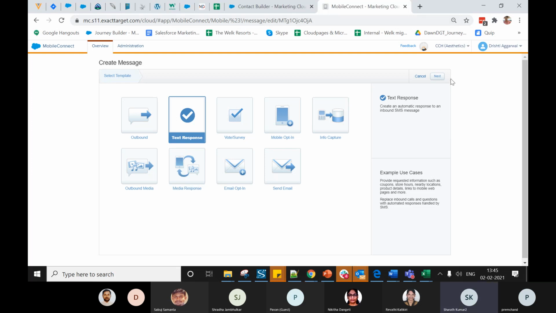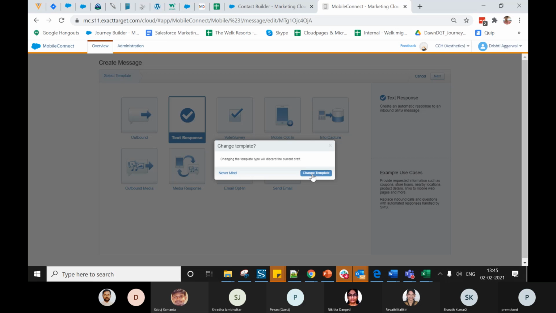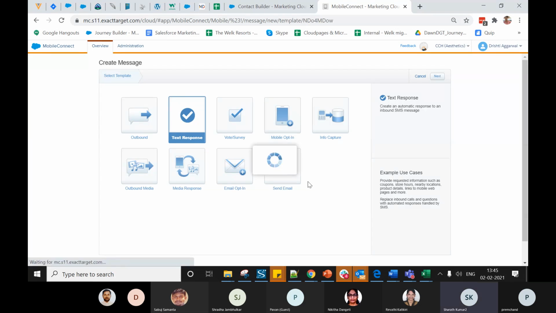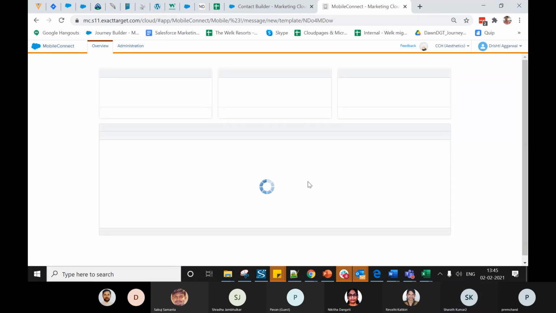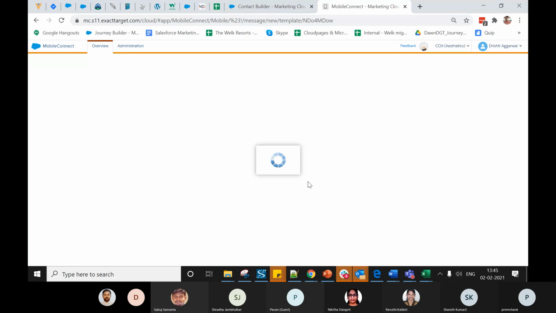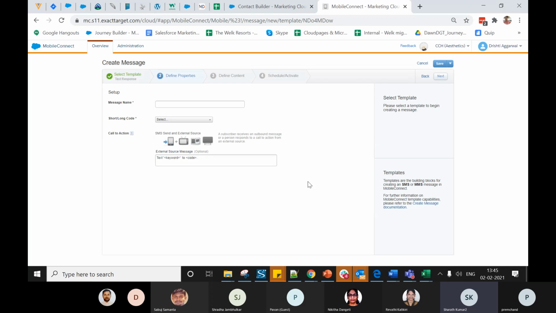For that, select the text response SMS. Generally, for inbound and outbound messages, the same thing: first you have to add the